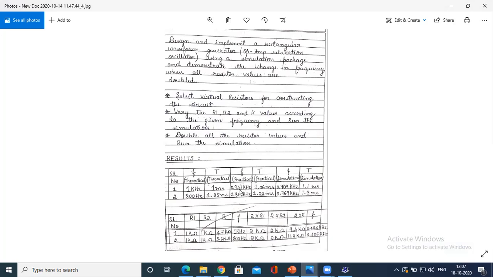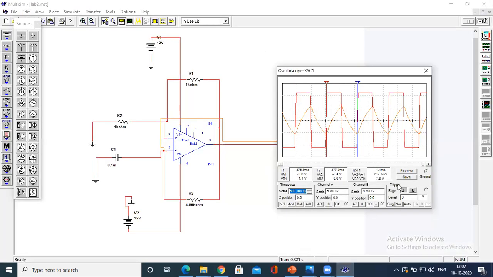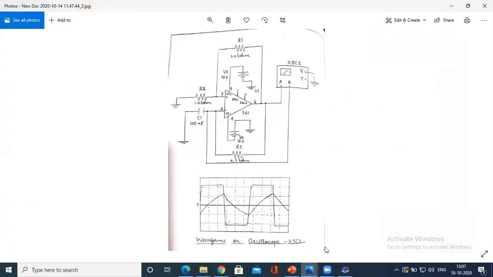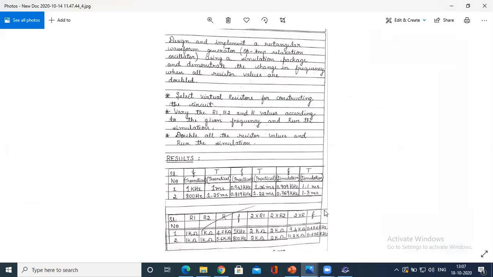Practically, as we are not doing this, let us not focus on that. Simulation, 0.909 kilohertz. So that is the calculated frequency. Since from the simulation we get 1.1 millisecond, reversing 1.1 will give 0.909 kilohertz.